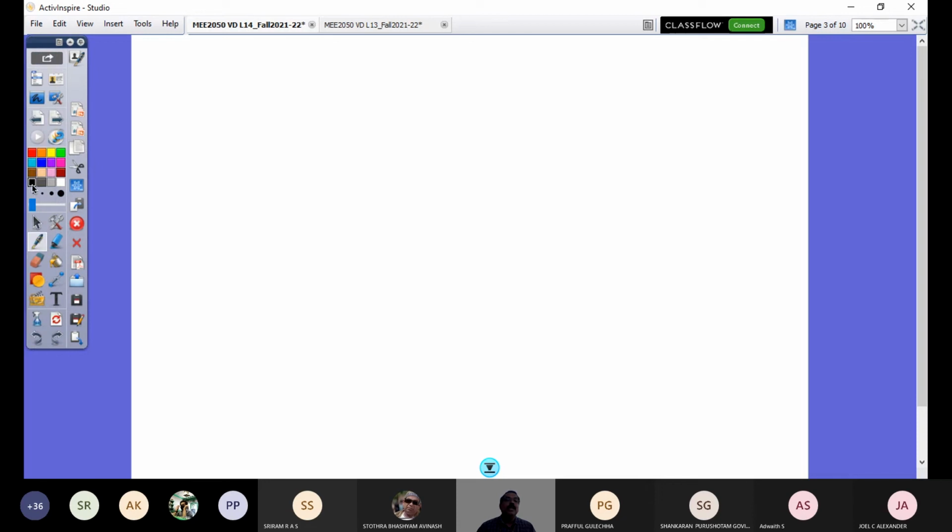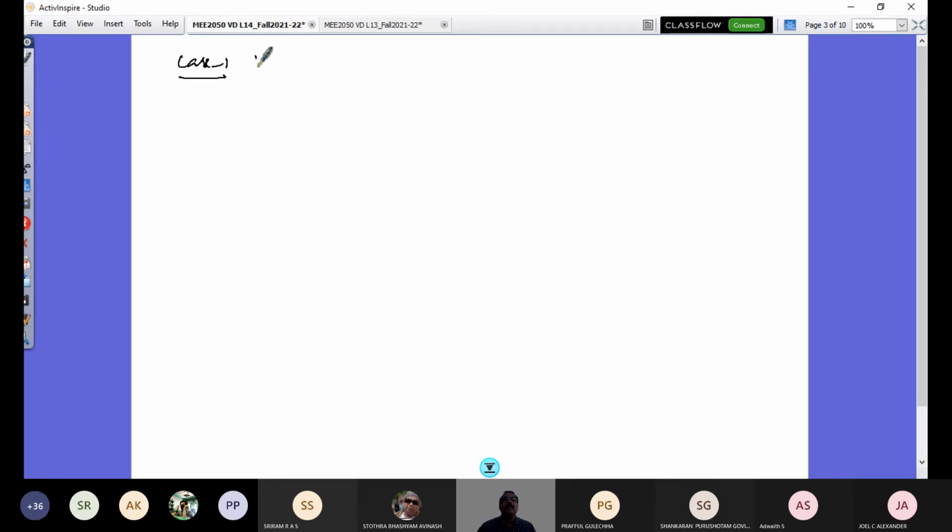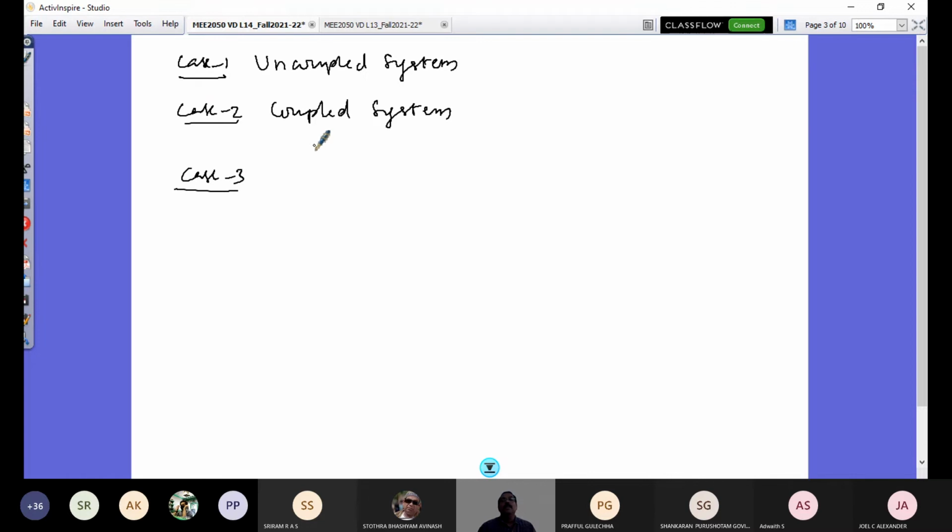So you have understood this concept of oscillation centers, and let's now look at three different cases. Already we have seen case 1, which is the uncoupled system. We just now discussed. Case 2 is a coupled system, and case 3 is a coupled system, but it is going to be represented by an equivalent system. So what is that? I have the total mass of my vehicle body, the sprung mass. That would now be two concentrated masses. One is MS in the front suspension connection point plus another mass MS in the rear suspension point. So F and R refer to the front and rear suspension connection points in your vehicle. So this case 3 is the equivalent dynamic system,